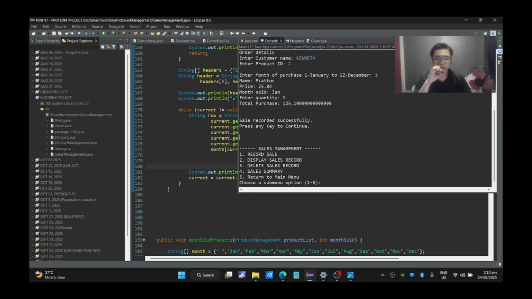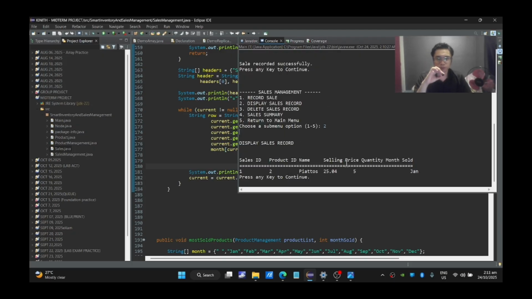Then to show the table, we just need to display the record. So as you can see here, these are our strings, which are sales ID, product ID, name, selling price, and quantity sold in that month. And here we get the ID, product name, and so on.